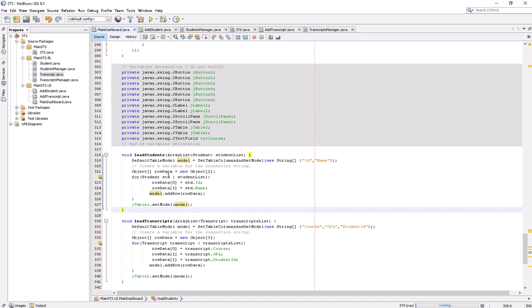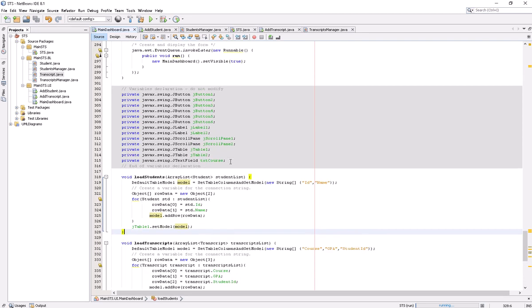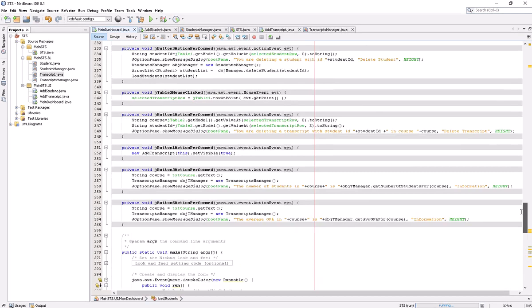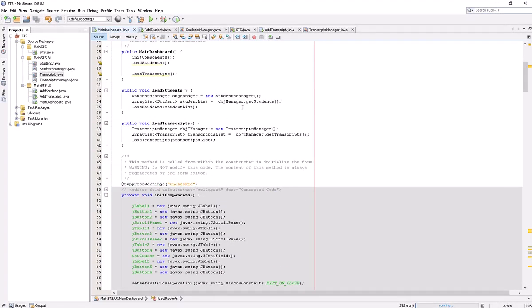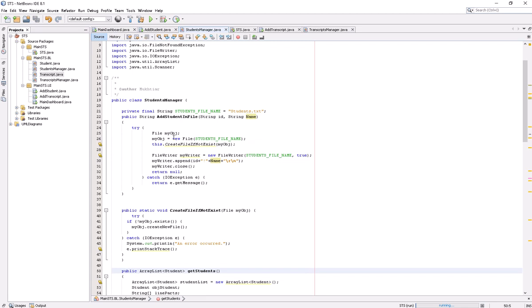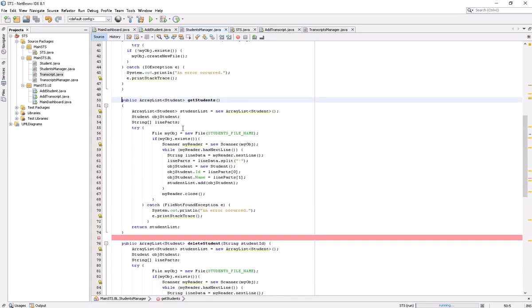So now we have read all the data. One thing that is left is how we are reading the data from the files. Let's go through that section, which I haven't explained to you. Let's go to the get students method. How do we get this data? With control I'm clicking get students, and now I'm in the student manager on this method. This method returns me an ArrayList of type Student, so I have initialized this list.